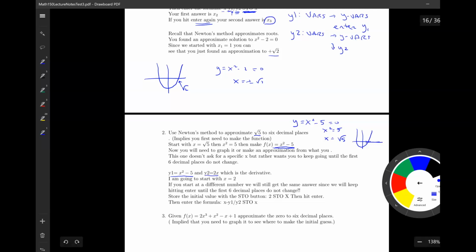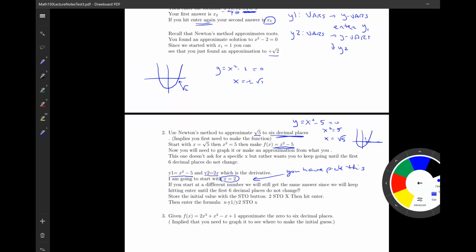It would be a little bit bigger than 2, right? But it would be close to 2. So let's start with x equal 2. It does say that we get to just go up to 6 decimal places. It doesn't tell us where to start, so you have to pick something. You could pick something different, but it has to be close. But if I start with x equal 2,